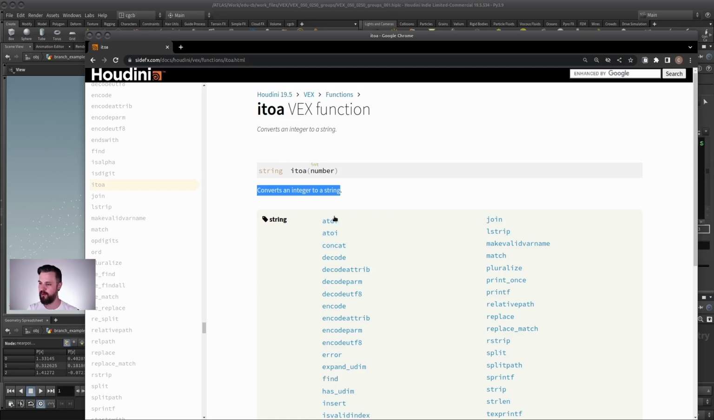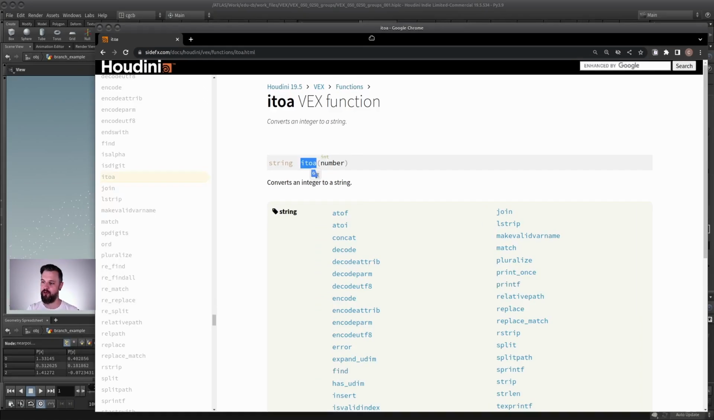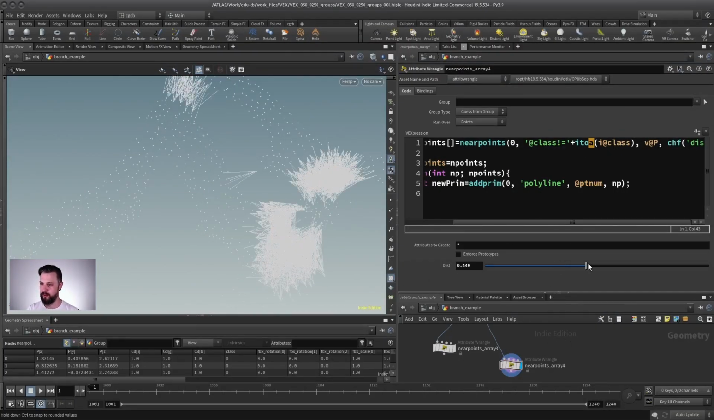And as you can see down here, there are a couple of other functions to do the same. Don't ask me why they didn't call it I2S. I don't know. Maybe someone else knows it, but that's a very important little function to turn a number into a string. So now, as you can see, all of a sudden it works